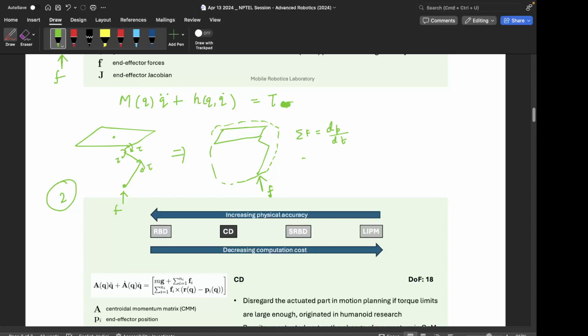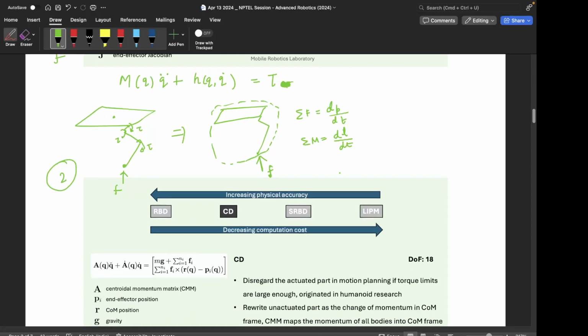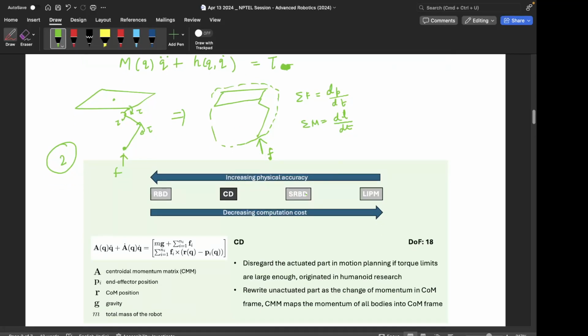And total moments will be change in the angular momentum, right? So that's the basic Newton-Euler relation, right? Change in total forces is the change in the linear momentum, and total moments are change in the angular momentum, right? So in centroidal dynamics, what we do is we express the